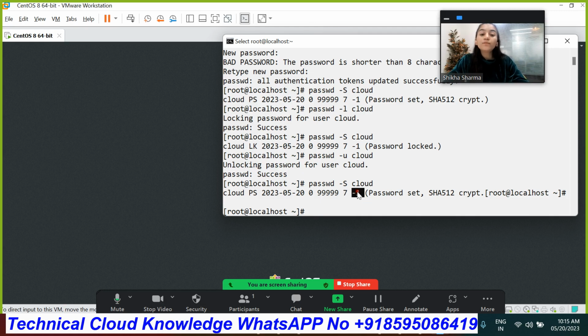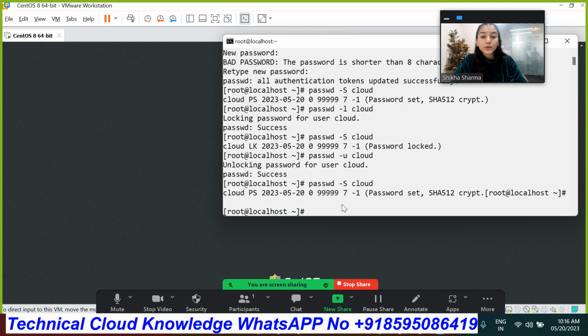Okay. Now we have the seventh field, which refers to the inactive mode. Suppose you have created a user and assigned a password, and you have also set that your password will expire on a certain day. But when the password has expired and you do not change it, then after some days your account will get disabled, and you will not be able to log in with that account because it gets deactivated. So the seventh field refers to deactivating your account if you do not change your password after it expires. Your account will be inactive.